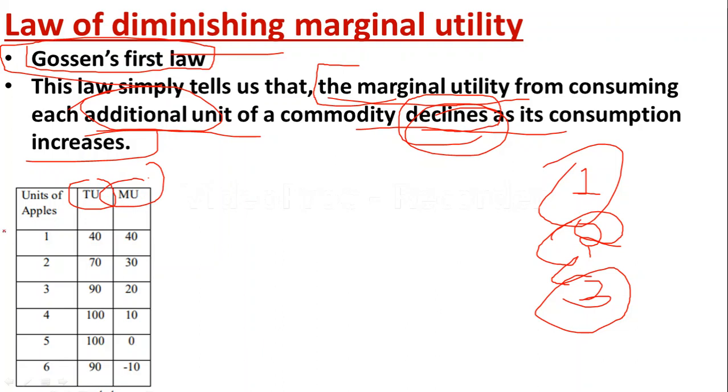So here the consumer is going to consume apples. When the consumer consumes the first mango, the utility derived is 40, from the second mango 30 utils, from the third mango 20, the fourth mango 10, and the fifth mango 0, because here the consumer has already consumed four mangoes. So after that he doesn't want to consume any more here, but even if he consumes a mango, he won't receive